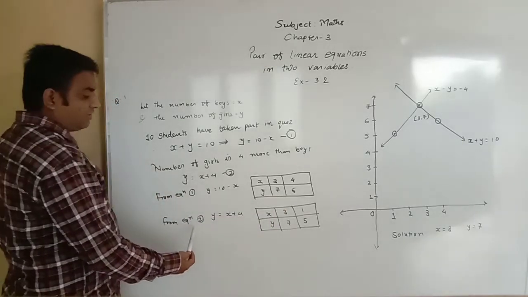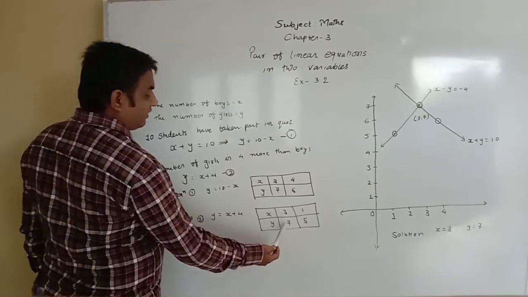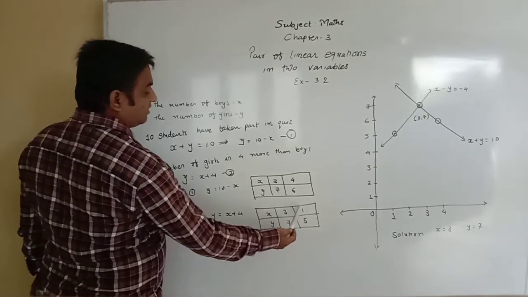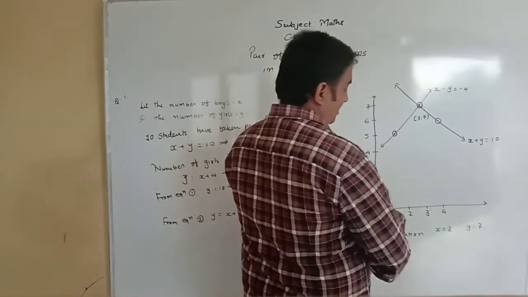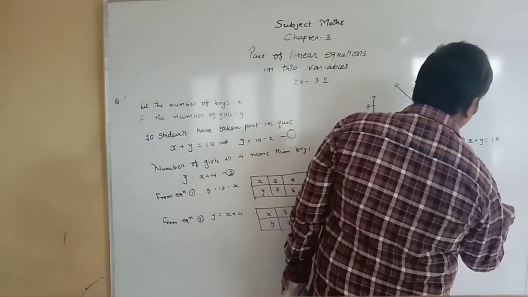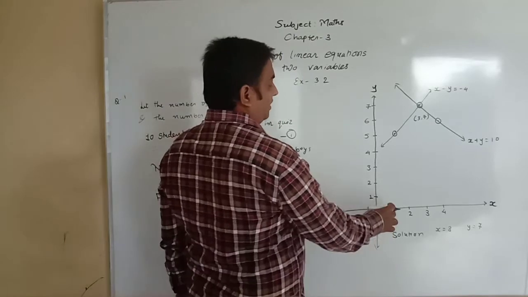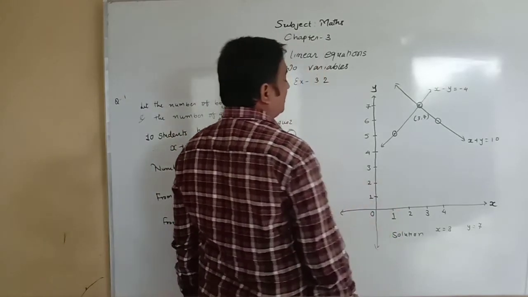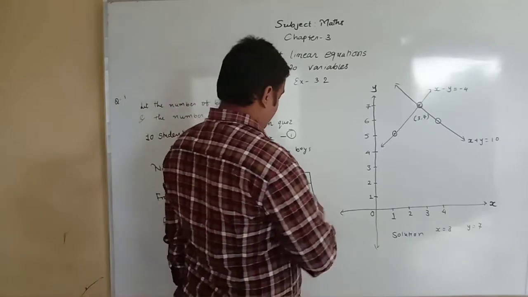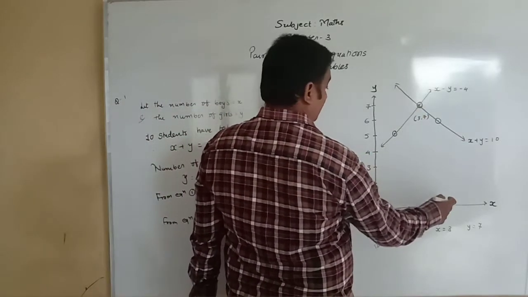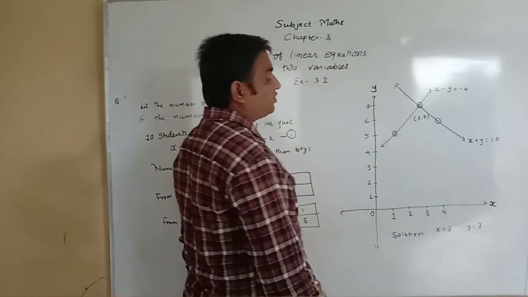Now equation 2, y equals x plus 4. If x equals 3, y equals 7, and x equals 1, y equals 5. So we plot the x axis and y axis. On the x-axis 1 centimeter equals 1 boy and on the y-axis 1 centimeter equals 1 girl, and we plot the points. For the first equation, 3, 7 and 4, 6, we draw the line, then we get x plus y equals 10.